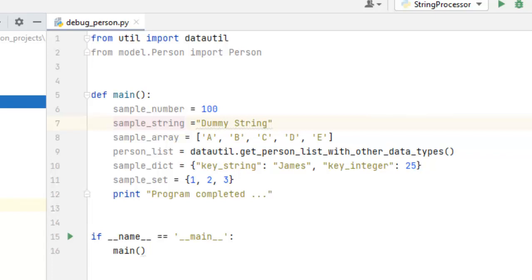In this lesson, we are going to learn how to view the variable values during the debug session. I have a sample program here called debug_person, and in this sample program I have defined multiple variables. So starting from line number 6, you can see there is a number, sample_number, then there is a sample string,